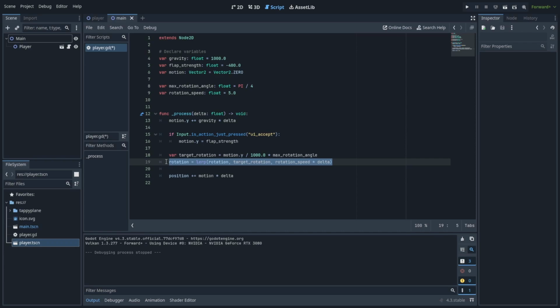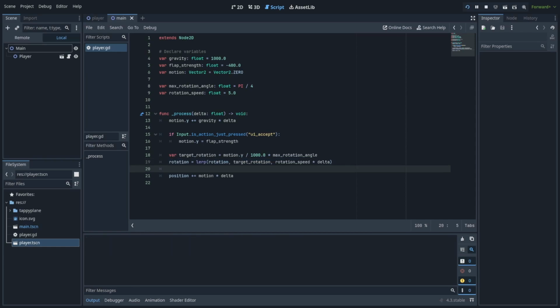The lerp function takes three parameters: the current rotation, the target rotation, and a value that determines the speed of interpolation. By multiplying rotation speed by delta, we ensure that the rotation speed remains consistent, regardless of the frame rate. Let's press F5 now and see how this looks in action. You can see the plane dips and rises as it climbs or falls, which makes it feel much more dynamic